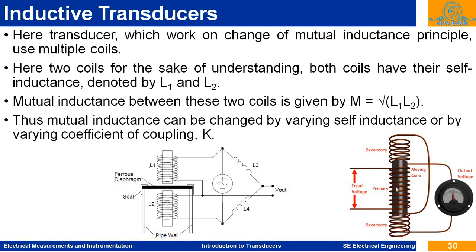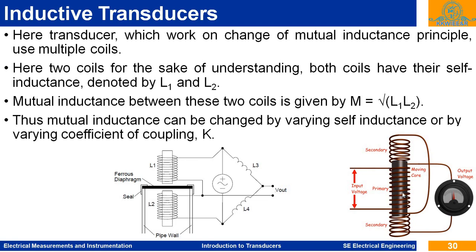When this plunger is at the center, there is L1, the inductance of the primary coil. As it moves in the upward direction, the N number of turns or the self inductance, because of the permeability and the linkage of flux with this plunger and the coil, will change. The secondary flux linkages or inductance of this coil will change, so as there is a change in L1 and L2, the output voltage will be changed.